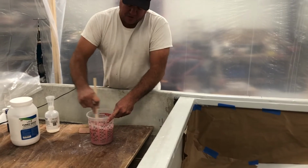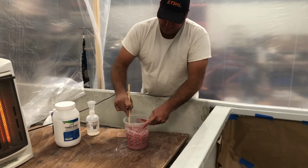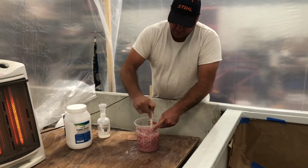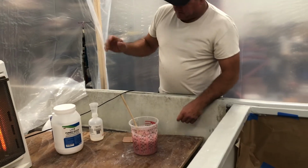Now it's getting real doughy, like a cookie dough. It's really thick. And that's what we're gonna want. So it's good and thick now, it's not runny. All right, so